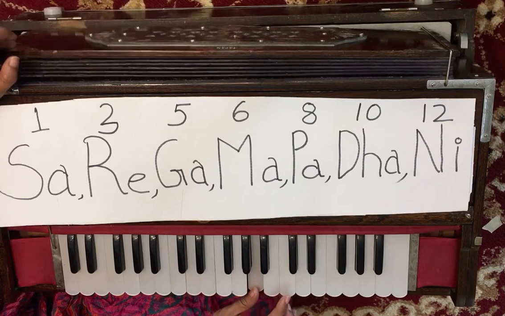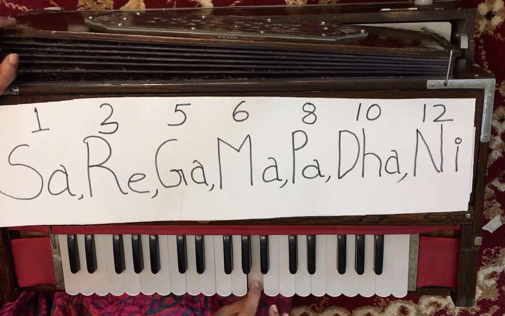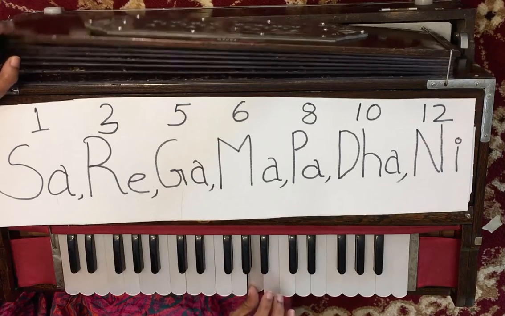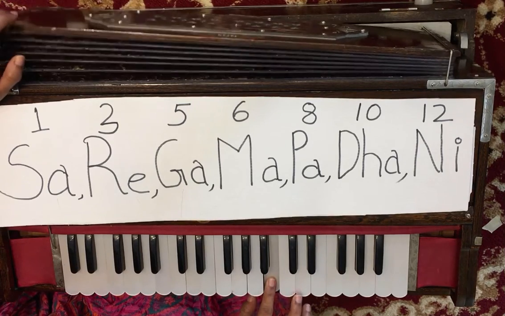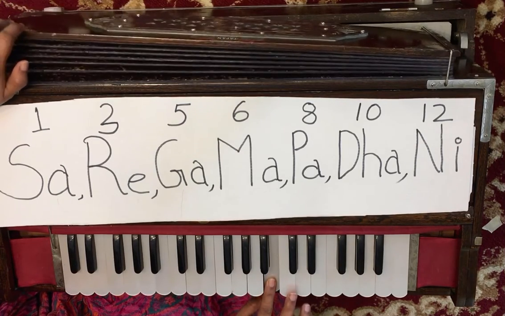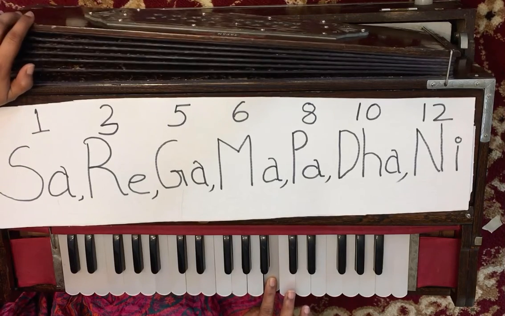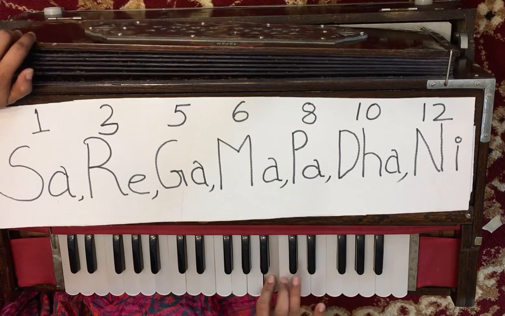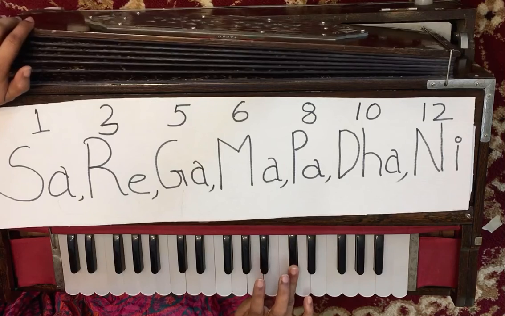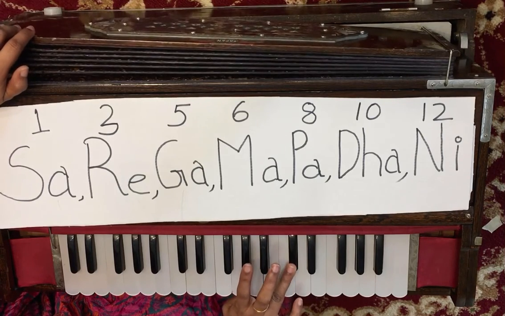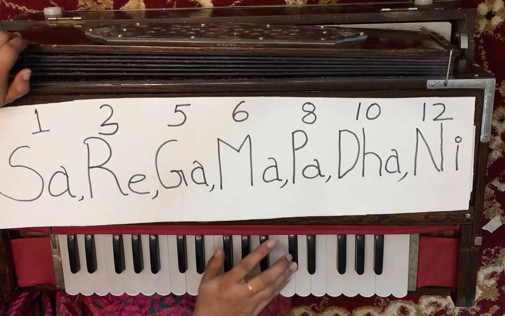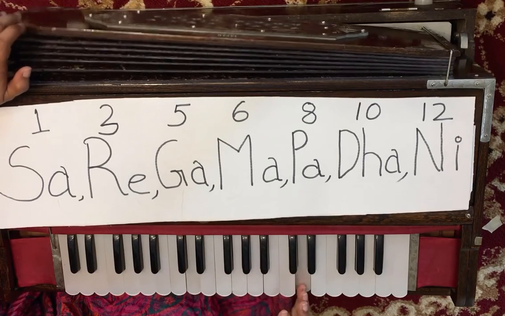Now again for dha we have to find half and half. So dha. For ni we have to again do the same thing. Half and half. Now it is a half step, so the very next note, sa,